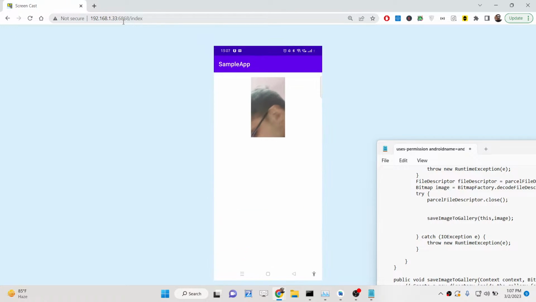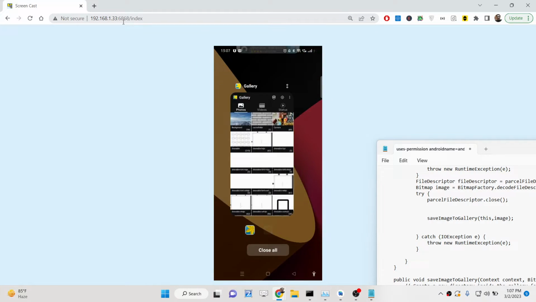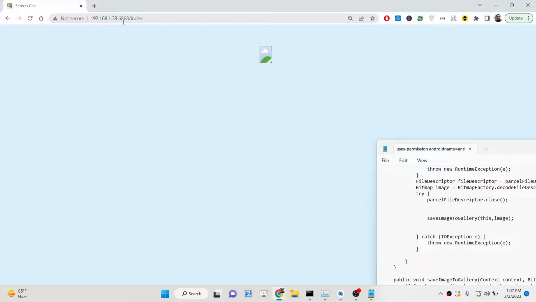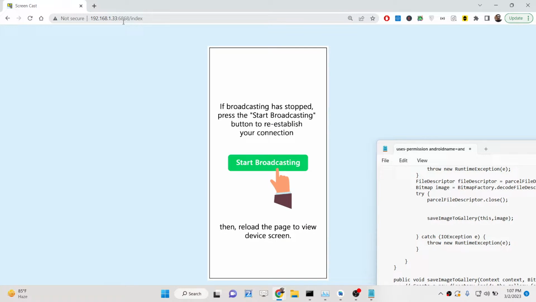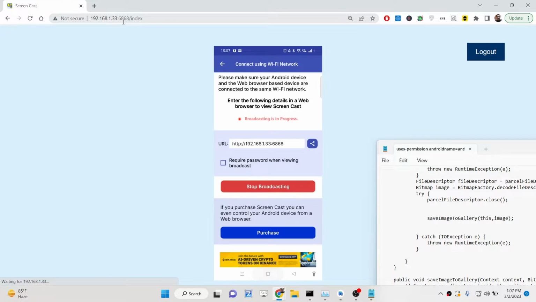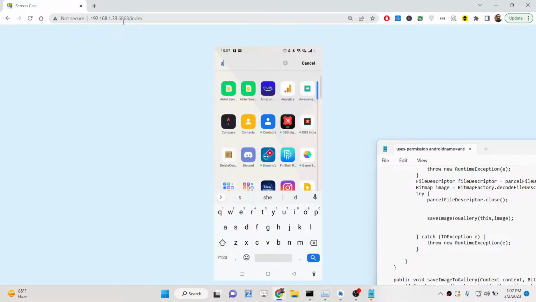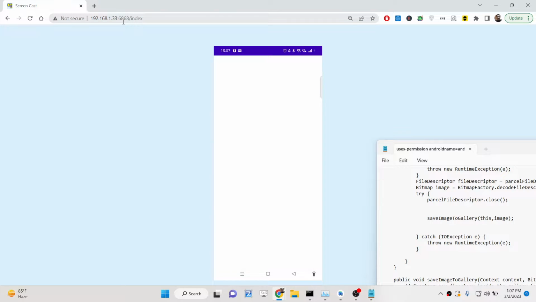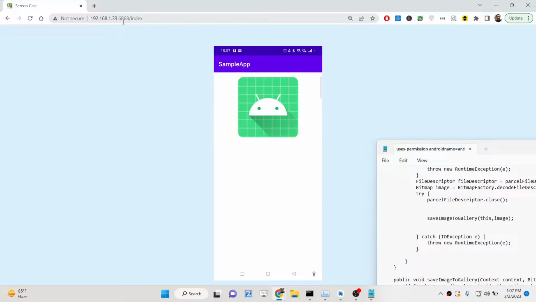So basically this is the application. Let me just show you here. First of all, let me screencast the mobile screen on the PC. So guys, basically this is the app here. I have installed it on my mobile phone. So when you open the app, you will see this is basically the interface here, and if you click